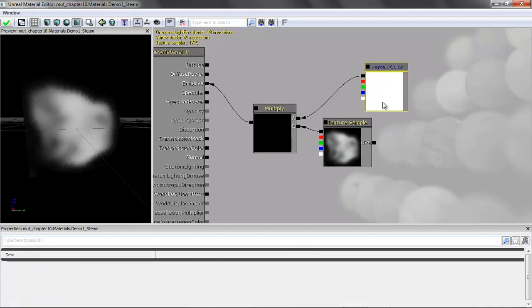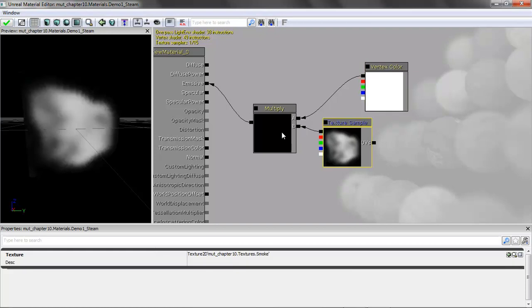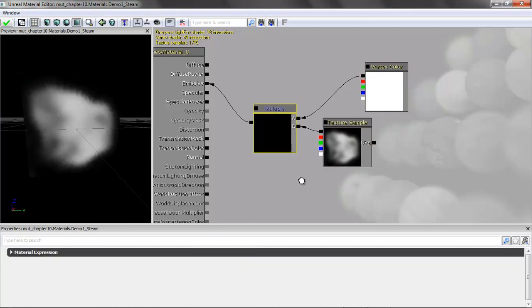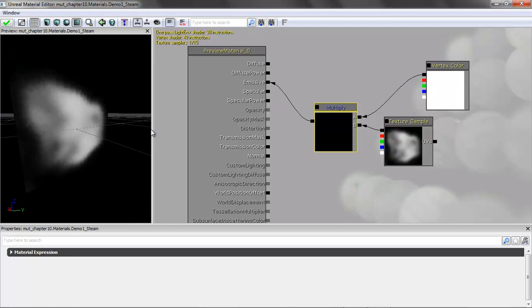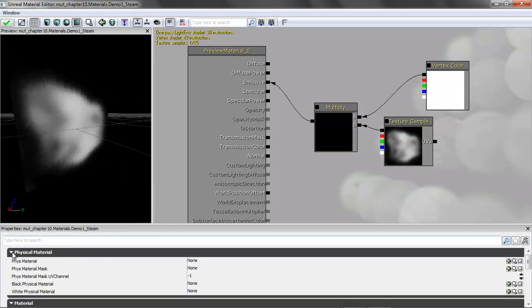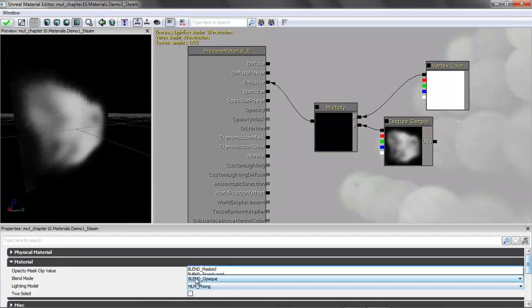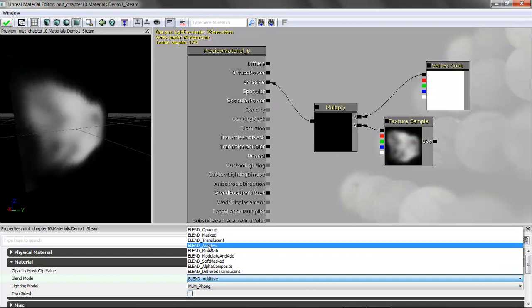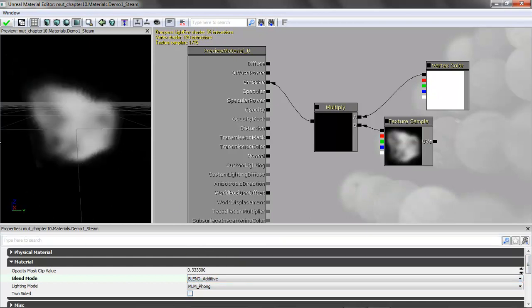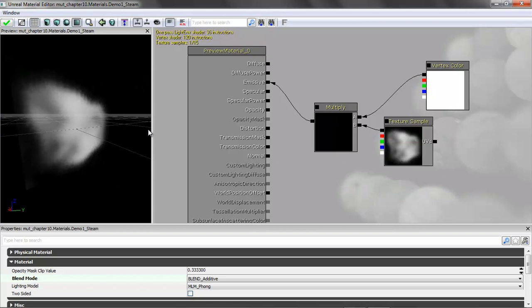So if I take the value of the vertex color, I can adjust it via the cascade. So we hook that up. The only other thing we want to do with this is make it semi-transparent. The easiest way to do this is we're just going to choose additive. And what it's going to do, you can see a little with the grid, is it basically adds the